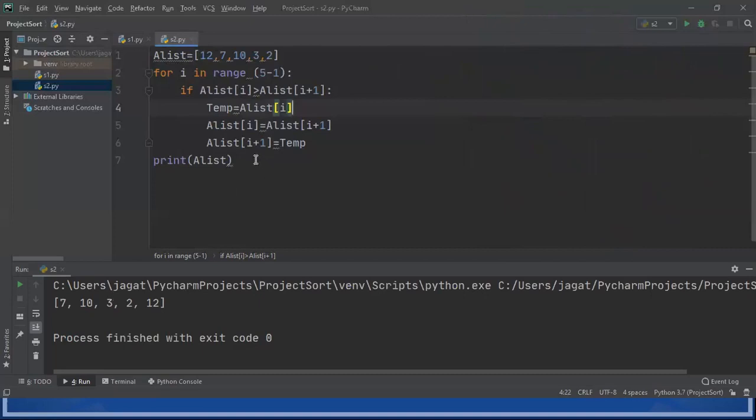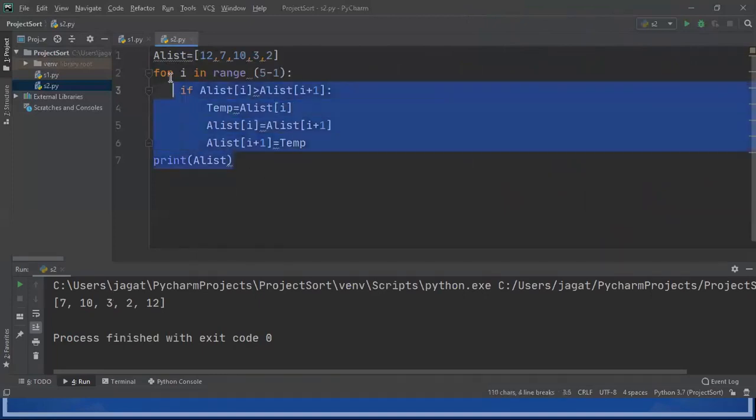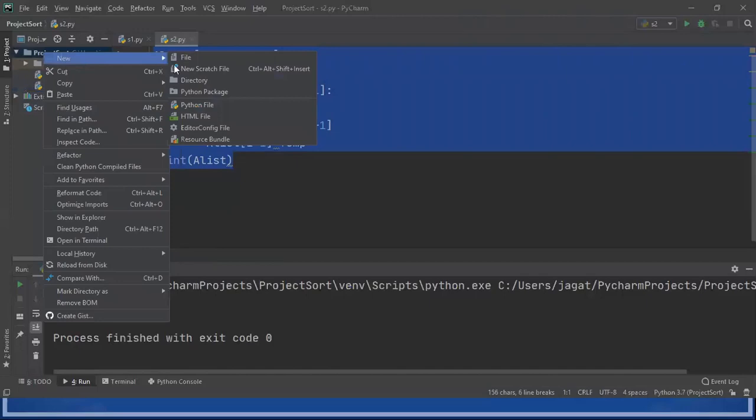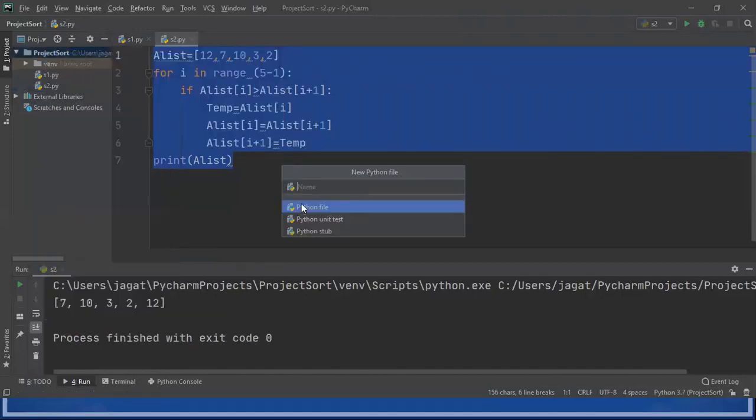I'm going to keep this as it is because step by step we are going to learn. Otherwise, once we complete it, we have some kind of complex steps you cannot understand easily. But if you follow these kind of steps at the start of your learning, then you can easily understand the errors. That is the reason I'm going to create another Python file and copy this one. This file is S3